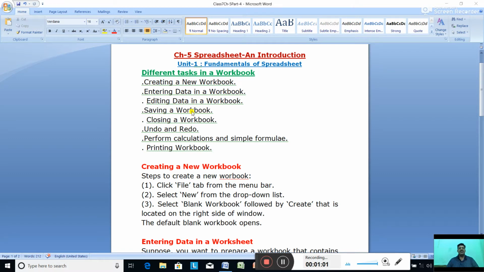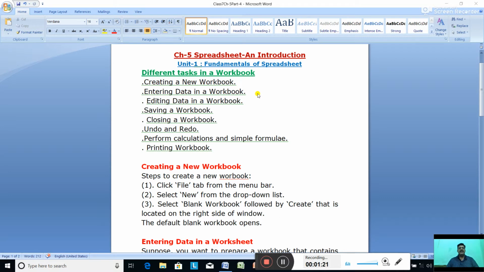Then saving a workbook. Then closing a workbook. Then we have undo and redo, how to perform calculations and simple formula, and printing the workbook. So these are the different tasks in a workbook.